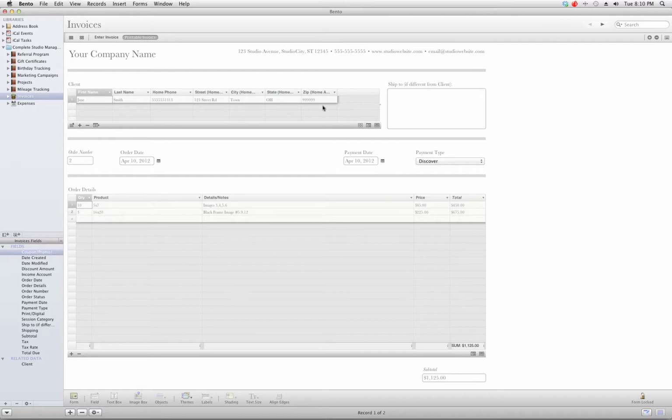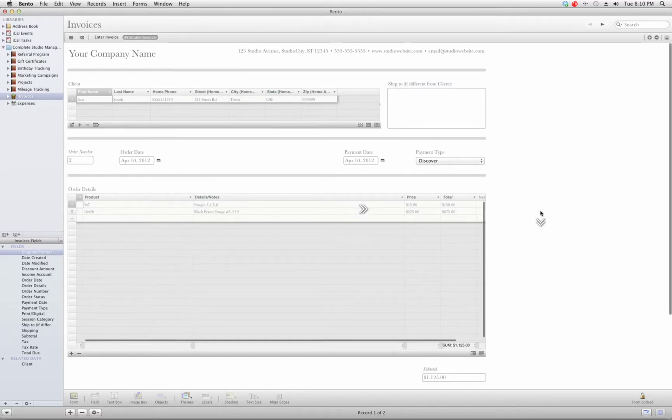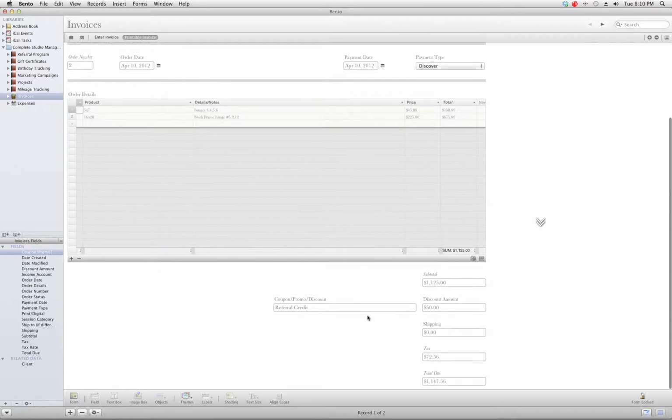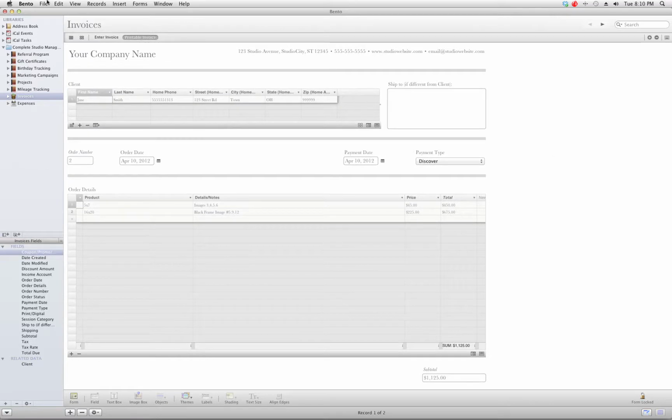We see that this was Jane's order. It's pulling if there was any shipping information. This is a slimmed down version. They don't need all that tracking information as the customer that you needed. They can have the order number and the date, what date they paid and how they paid, what the order was. If you scroll down, it brings up their subtotal, the discount, all this information. So if you want to print